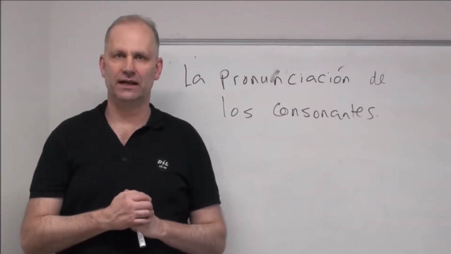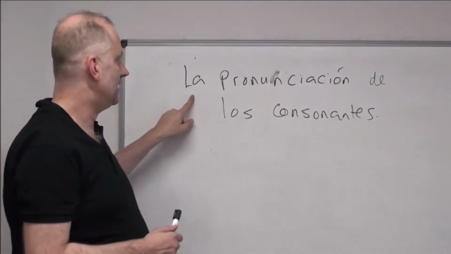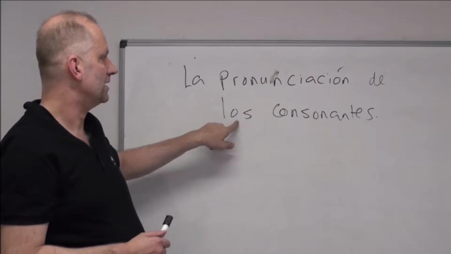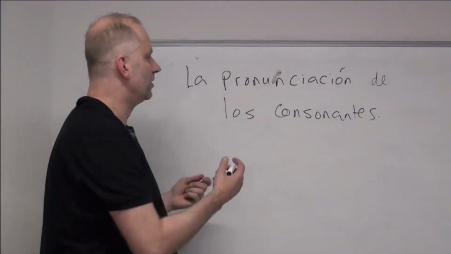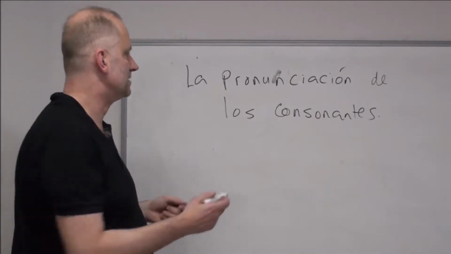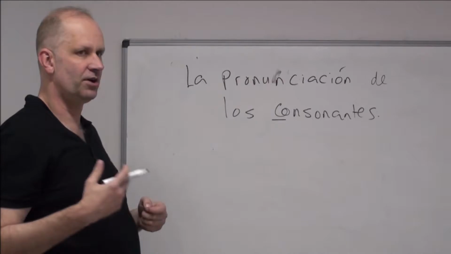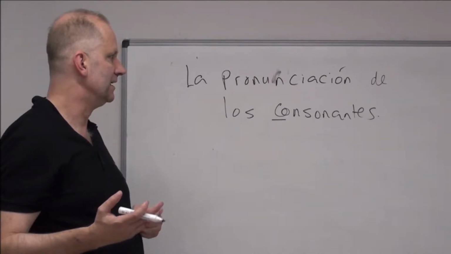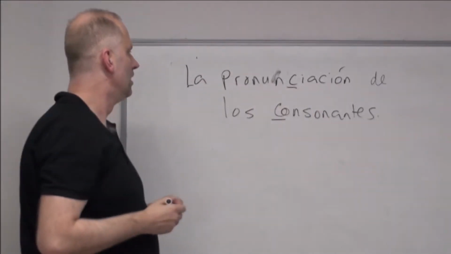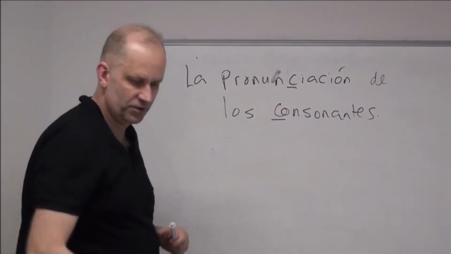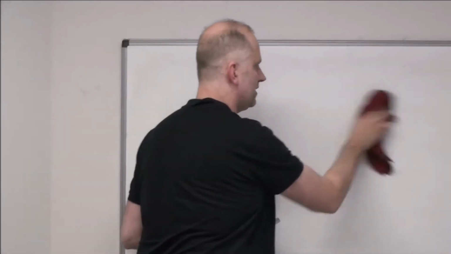In this tutorial we're going to look at the pronunciation of consonants. So in Spanish that's la pronunciación de los consonantes. You can see already we're going to look at the letter C. Now the letter C has two different distinct sounds. You've got the k, like an English K, and you've also got th. First of all we're going to look at the letters that sound different to what